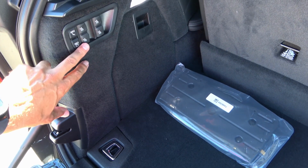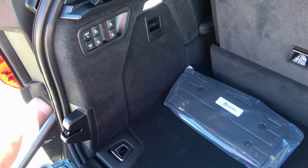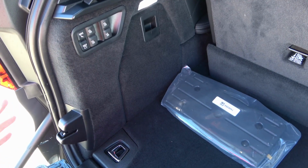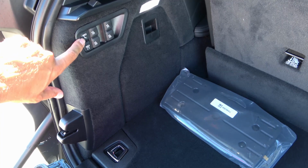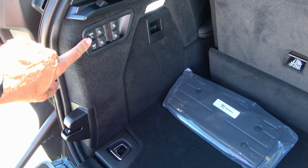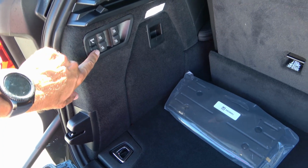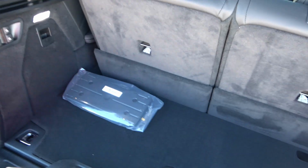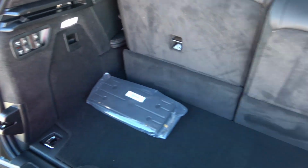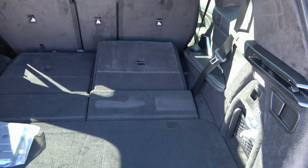Now, the seats, unlike some of the other cars, are controlled up and down, so you can fold them down, you can fold them back up, or you can use the shortcuts. This is for the maximum people, which means all the seats are going to be up. This is for the maximum cargo, which means all the seats are going to be down. Let's see how that works. Okay, I press the button and I let my finger off of it, and we'll let the car do the rest. The third row seat folds down,